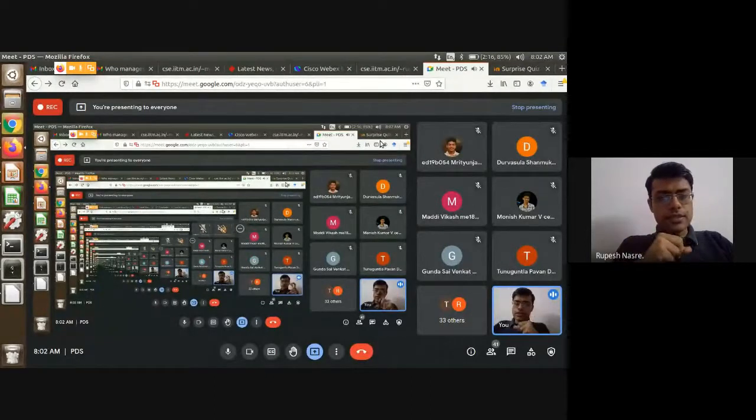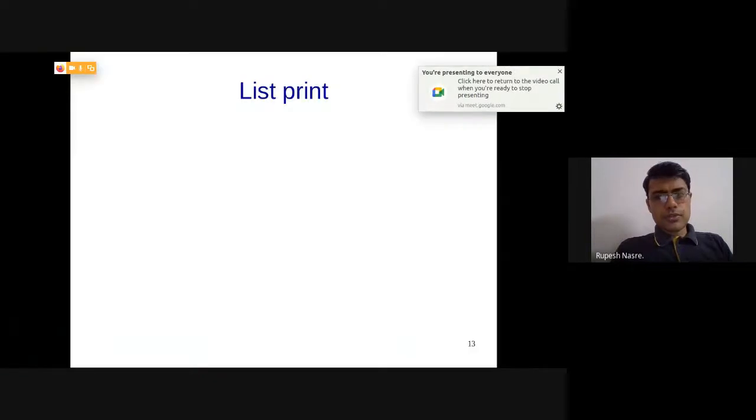We looked at the insert function. Now let's come to the next part, which is going to be the printing of the elements. The printing of the elements is relatively easy. We have already done that as part of insert when we were traversing through the linked list. Do we need to worry about if the list is empty, that is the head is null or not? Well, sometimes we may have to.